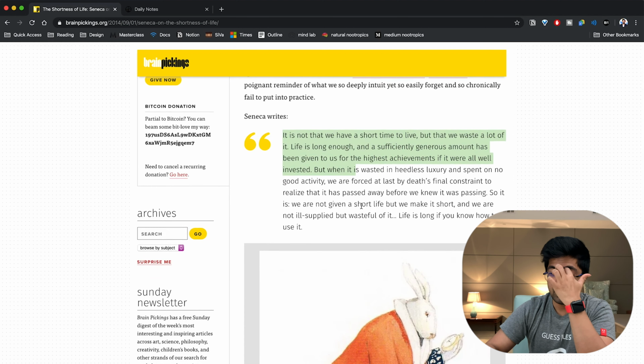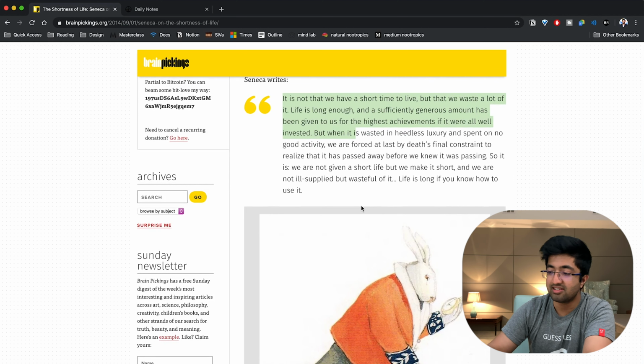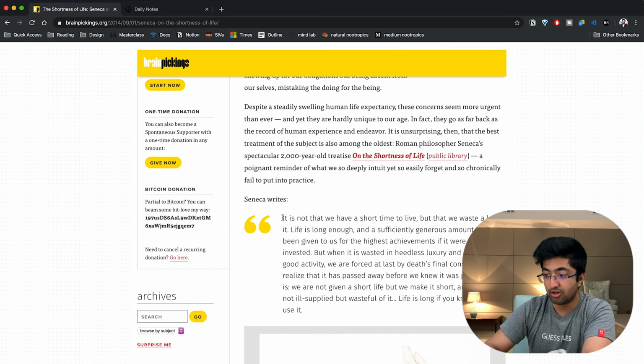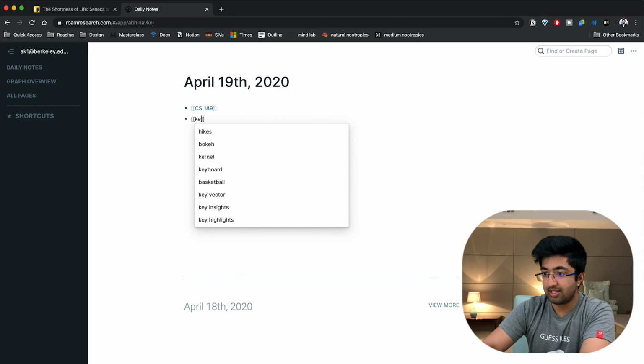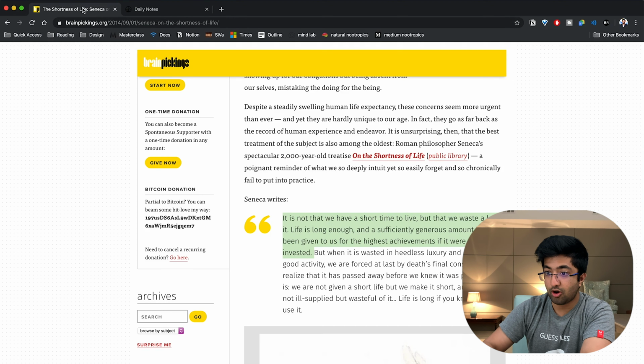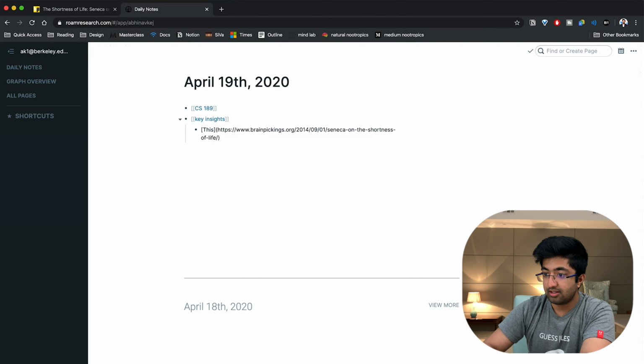So all of this is linked to some kinds of life lessons or life advice. That is the concept that I'm generating in my mind right now. So what I'm going to do is copy this over here. I'm going to go to Rome, go to key insights, because now I'm generating a bidirectional link. I'm going to press Command K. I'm going to first copy the link of this article. This article in Brain Pickings was a fantastic read because it shares some interesting